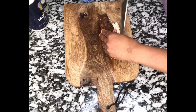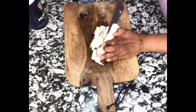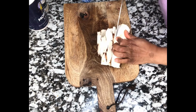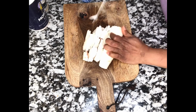And also, sometimes they sell your yuca already peeled and frozen in the freezer section in your Spanish supermarket. So you can also check that out, okay, if you don't want to go through these steps. So here I am peeling away. You're going to have a little bit of patience till you get used